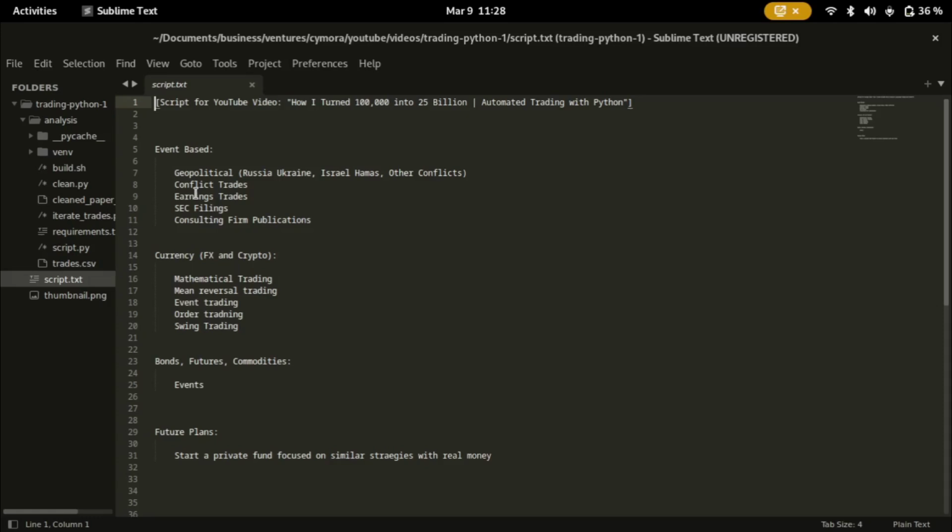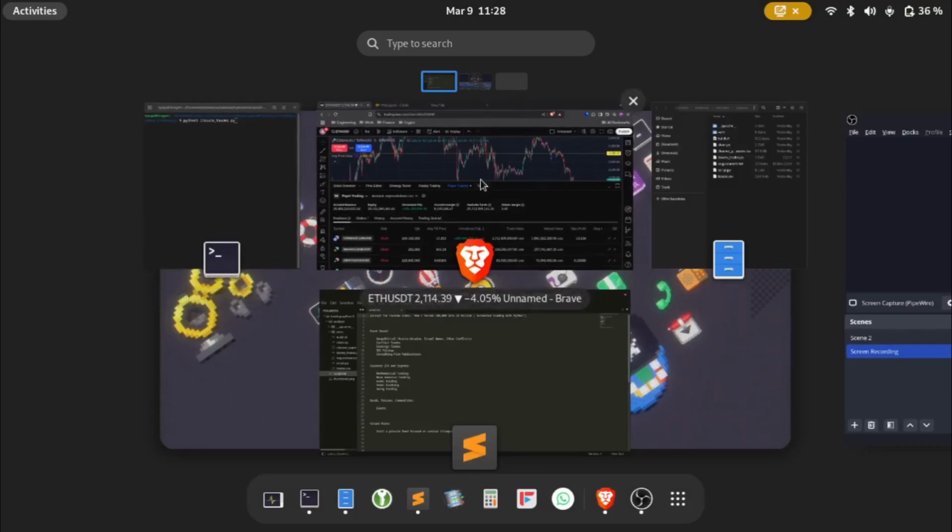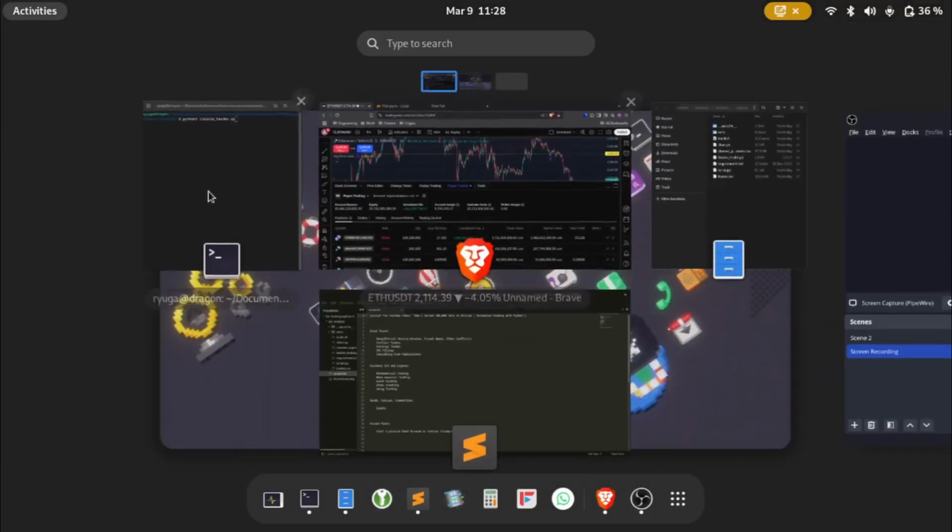We're also going to be talking about currency trades such as FX and cryptocurrencies, mathematical trading such as mean reversion strategies, and event-based trading. We're going to be talking about swing trading and order book trading as well. We're going to be talking about bonds, futures, and commodities, and future plans at the end of the video. But here, I'll get started